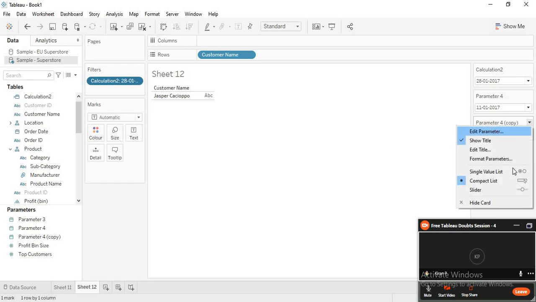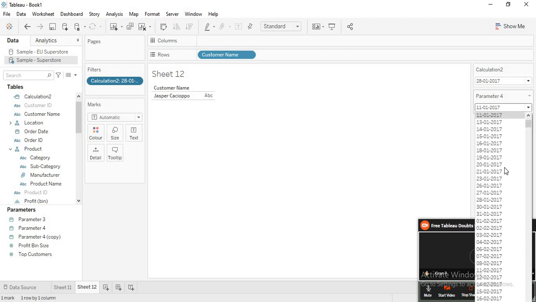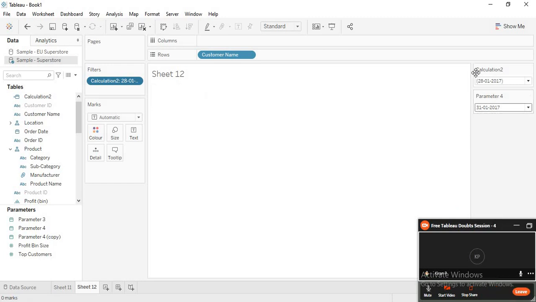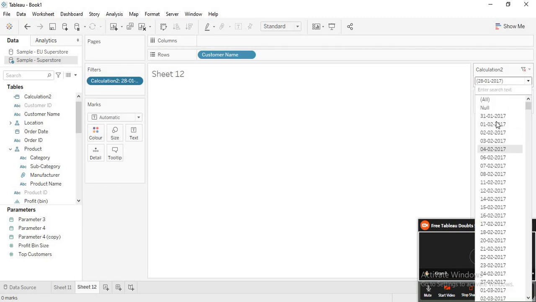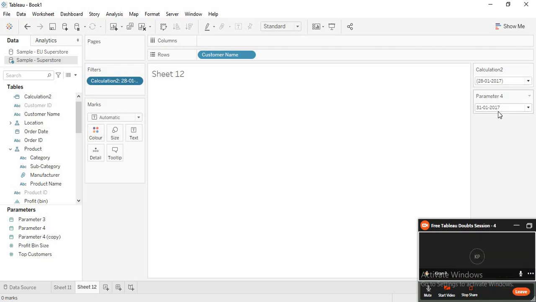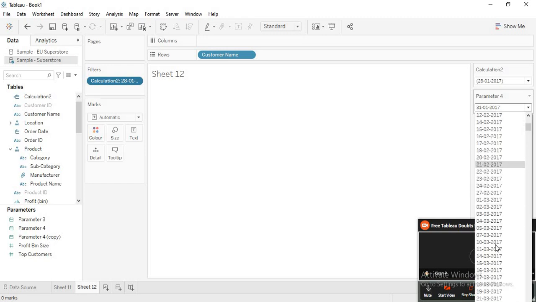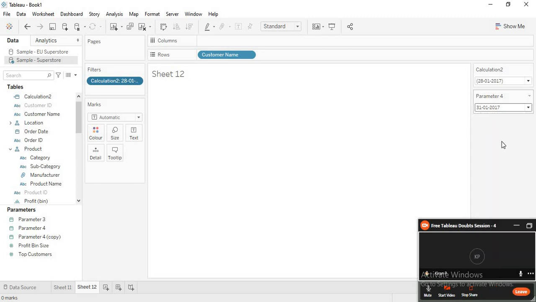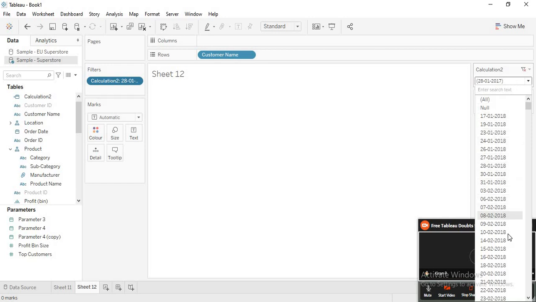Okay, not this. This is what I should change. Now the moment I change, okay, this is not reflecting, but the values are actually changing. If you see, I'm selecting from 2000, going all the way down and selecting 2018, right? Now the values in here are actually showing 2018. Yeah. So will this solve your problem?